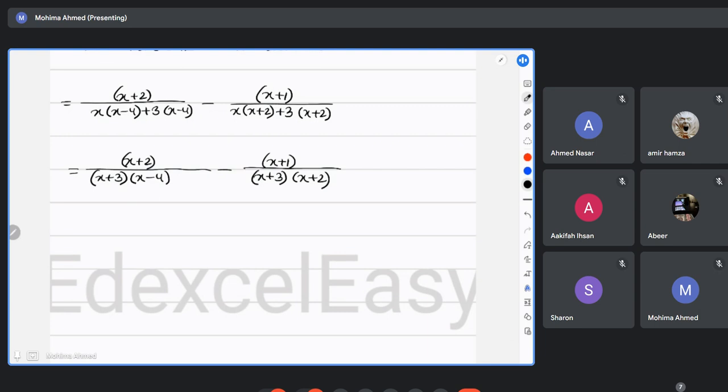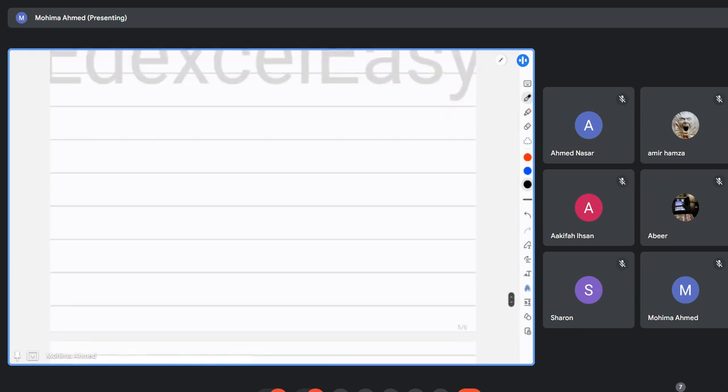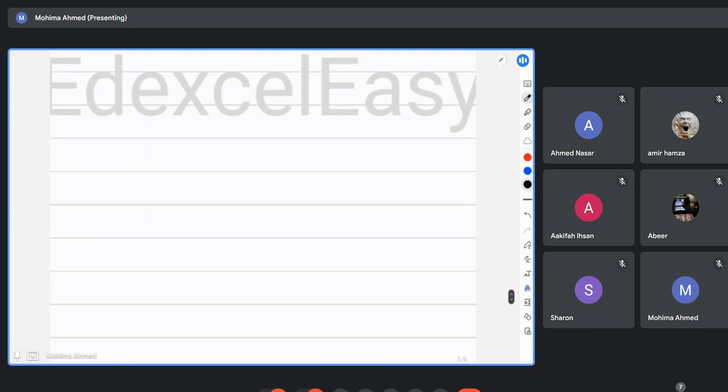Before we start with the LCM, we can see that for both the fractions over here, we have x plus 3 common, right? I highlight this. X plus 3 is a common factor. So that will be needed for our LCM working. So for that LCM, we have x plus 3, x minus 4, x plus 3, x plus 2. I'll actually do the LCM over here, okay, so that we have enough space to explain every portion of it.